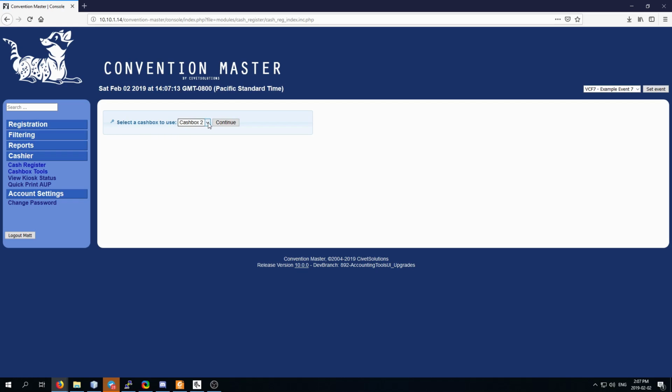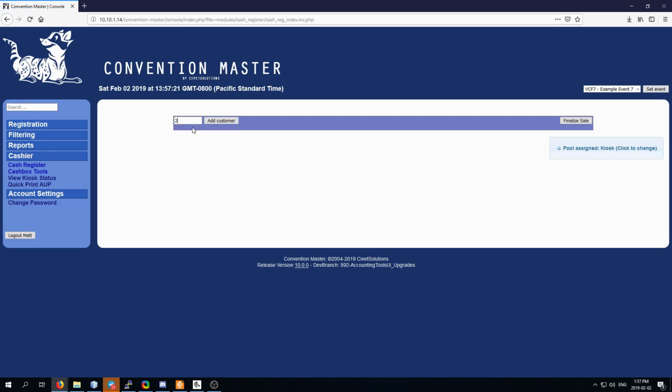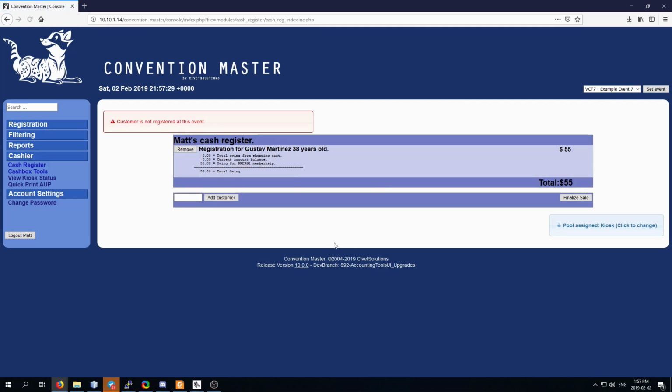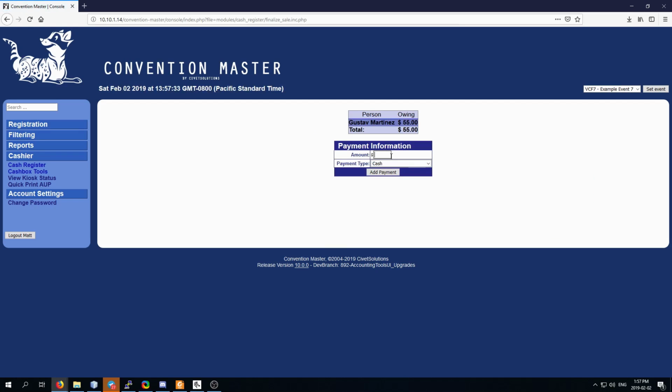Matt should be trained that if he sees this, he needs to make sure he picks the cash box that he is correctly using and verifies that with either looking at the float envelope or some other mechanism. He can then click continue. He's going to add customer 242, or we'll just handle this guy. So we're going to finalize sale, and he's going to take $55 in cash,